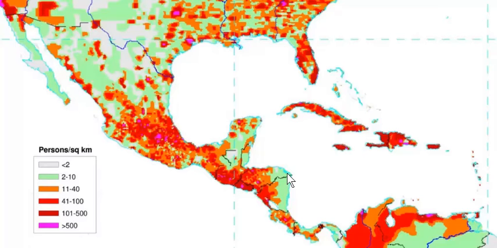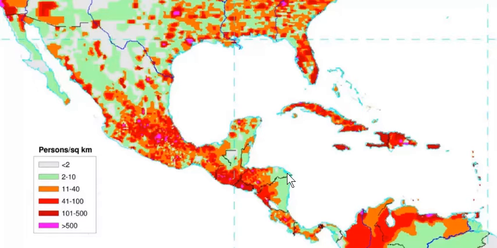Now we're going to look at the population patterns regarding settlement for Middle America, beginning with Central America and then working our way over to the Caribbean. First off, we look at Central America compared to the Caribbean. Central America is more rural. You definitely see more of the grays and the light greens in the map, which we associate with more sparsely populated areas, whereas those purple, maroon, dark red are areas where we see high population density or clusters of population,